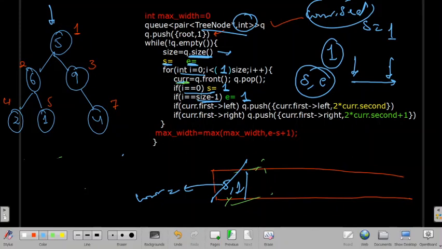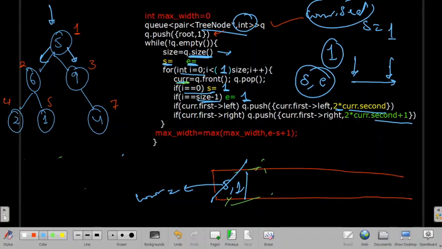Then I'll check if I have a valid left node, and I will see if on the right side I have a valid node which is not null. I'll say that yes. So we'll assign indexes as 2 into current node, that is 2 into 1, 2. And for right we will use 2 into I plus 1, that is 3.